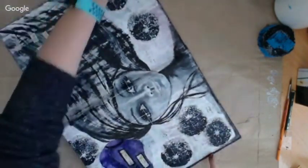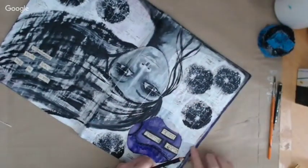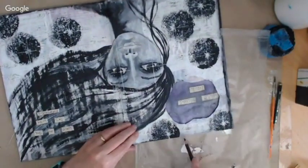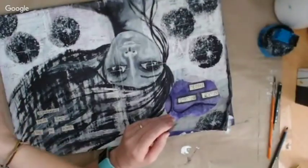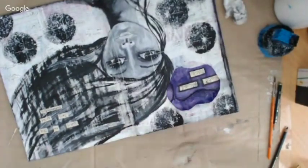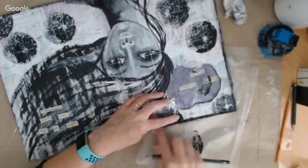And I'm just going round now with my Stabilo, darkening the edge of the page, and thinking, so I put this greaseproof paper there and I didn't realise that I had paint there, and all of a sudden it was like, oh no, I put paint on my other page. But luckily, because I'd actually Mod Podged the other page, it just wiped off the top, which I was very lucky to do,